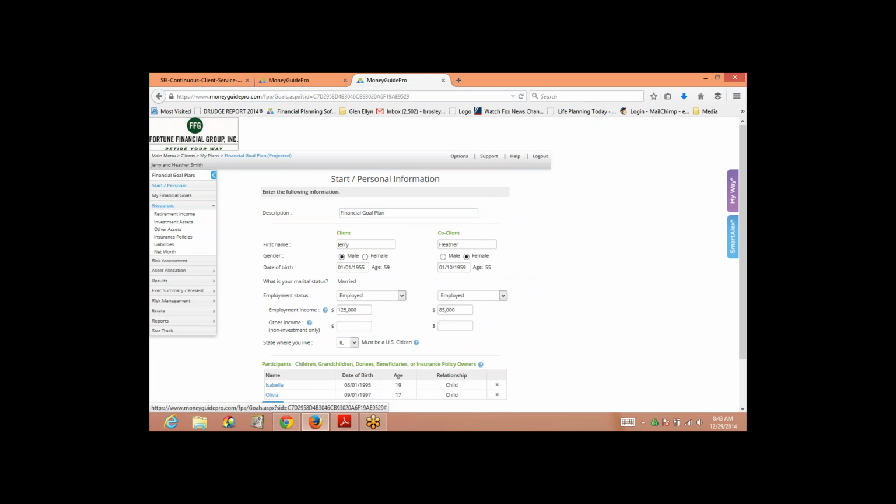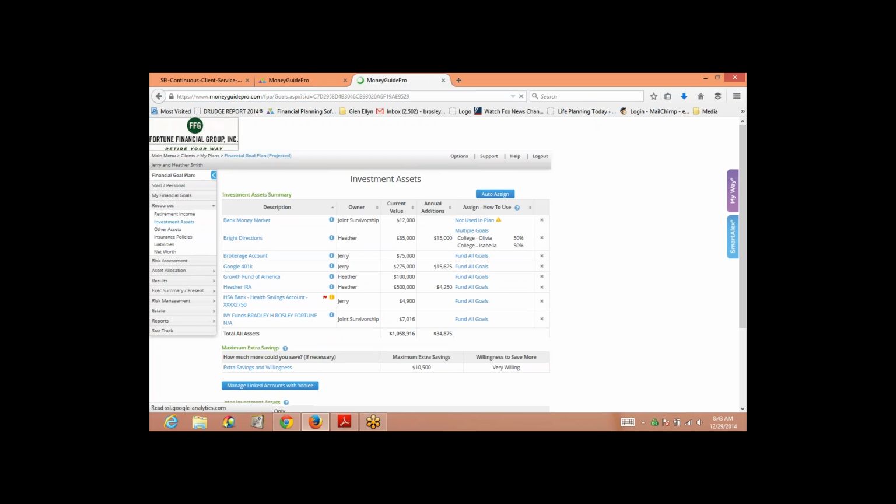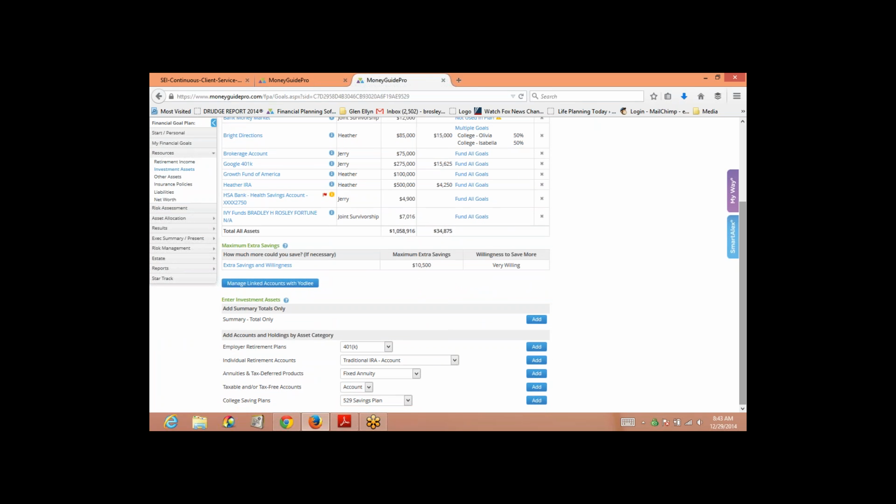Click on Resources. If you'd like to add an investment asset, you click on Investment Asset, scroll down, and look at the type of assets you would like to add. If you want to add a 401k, an IRA, any taxable account. So let's look at the taxable account. We hit Add,